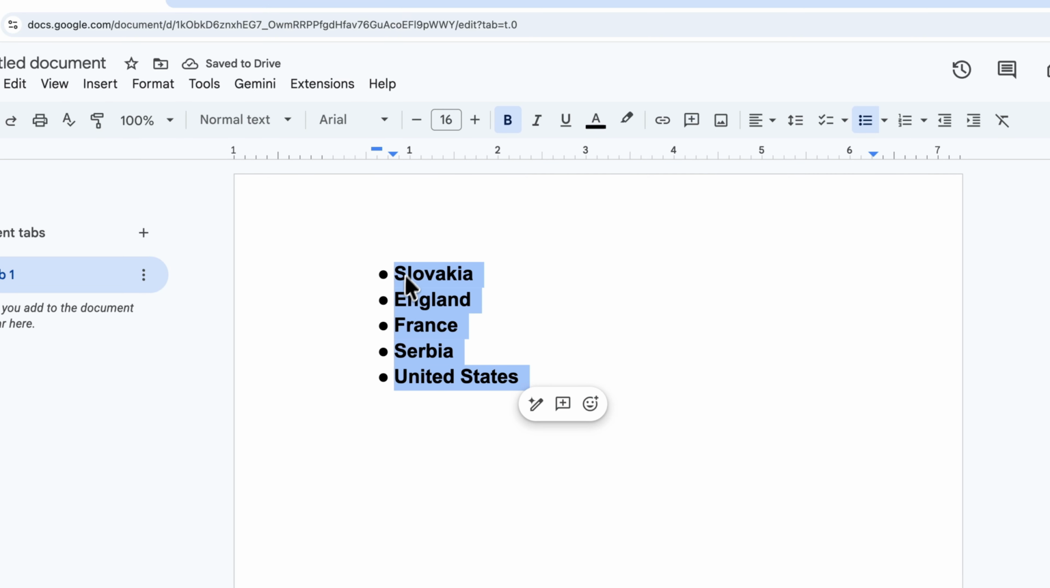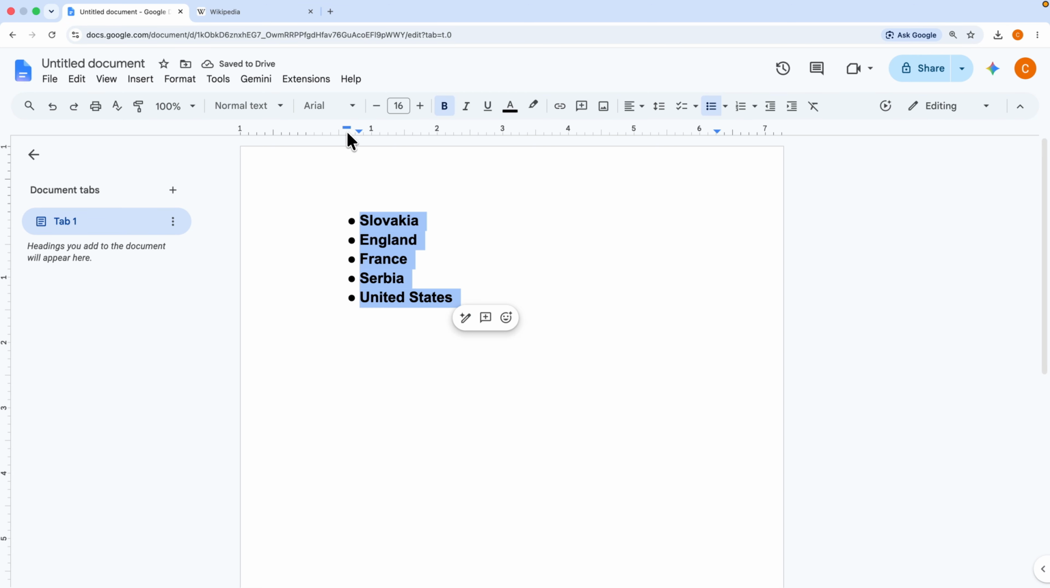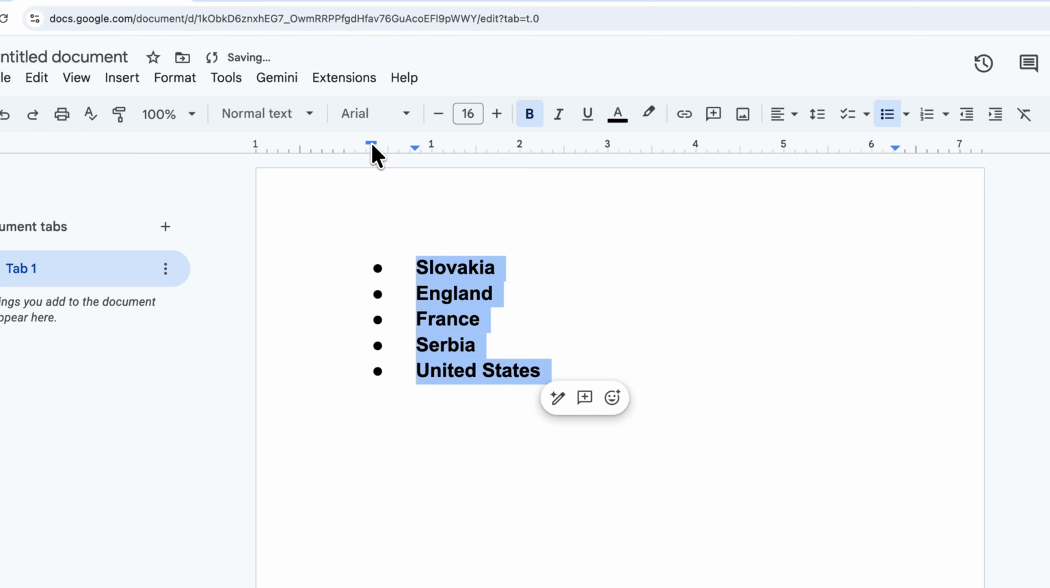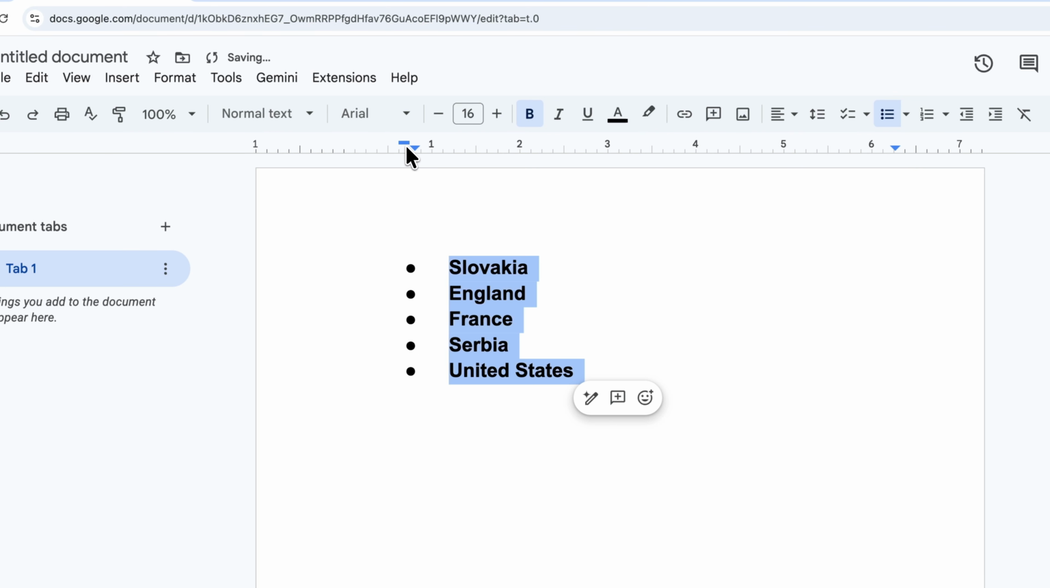Or if you want to move only the dots or points, you can just drag this rectangle, this first line indent, and it's going to move only them. Okay, so